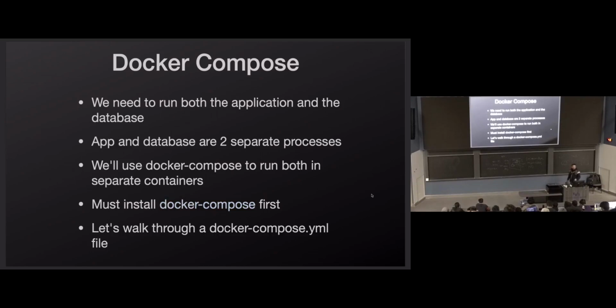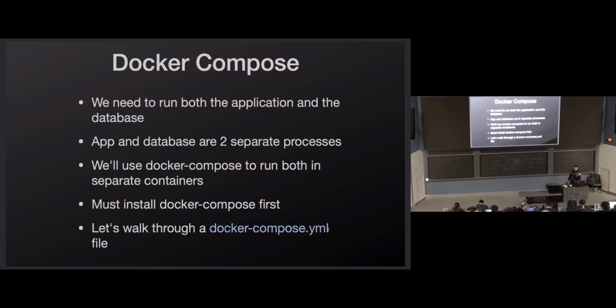You can install Docker Compose and use Docker Compose like this with the dash, or you can just not use the dash. The latest version of Docker, if you don't have a dash here and you do docker compose, that's going to call Docker itself and say, compose this, as opposed to running the docker-compose program. So these days, Docker itself just kind of absorbed Docker Compose, so they're not two separate programs, which helps out a lot. So if you just delete that dash and replace it with a space, you'll run Docker and then call its compose command.